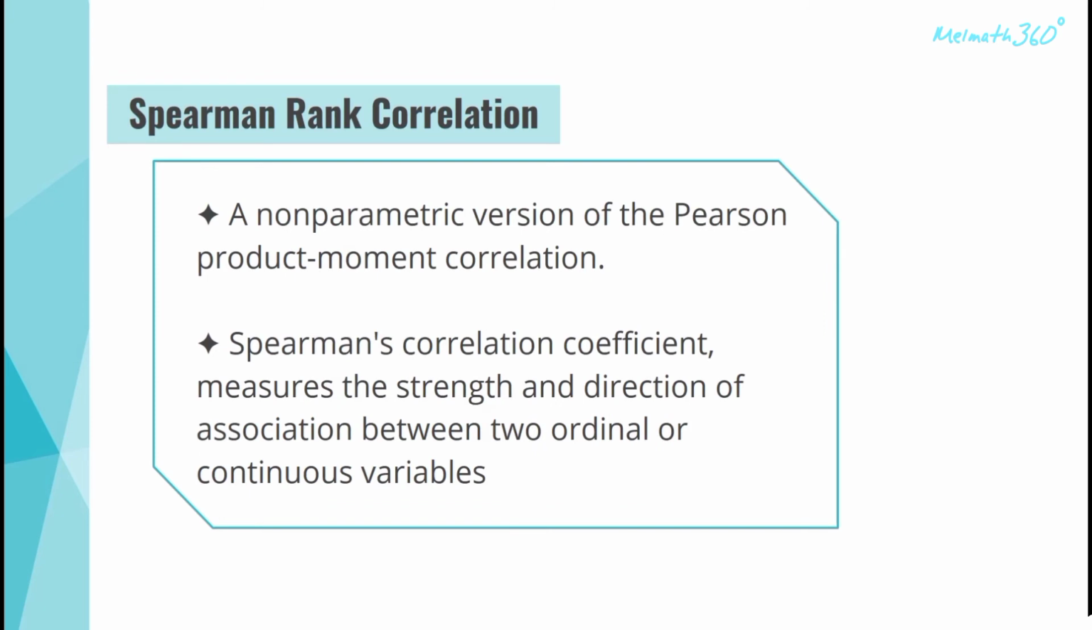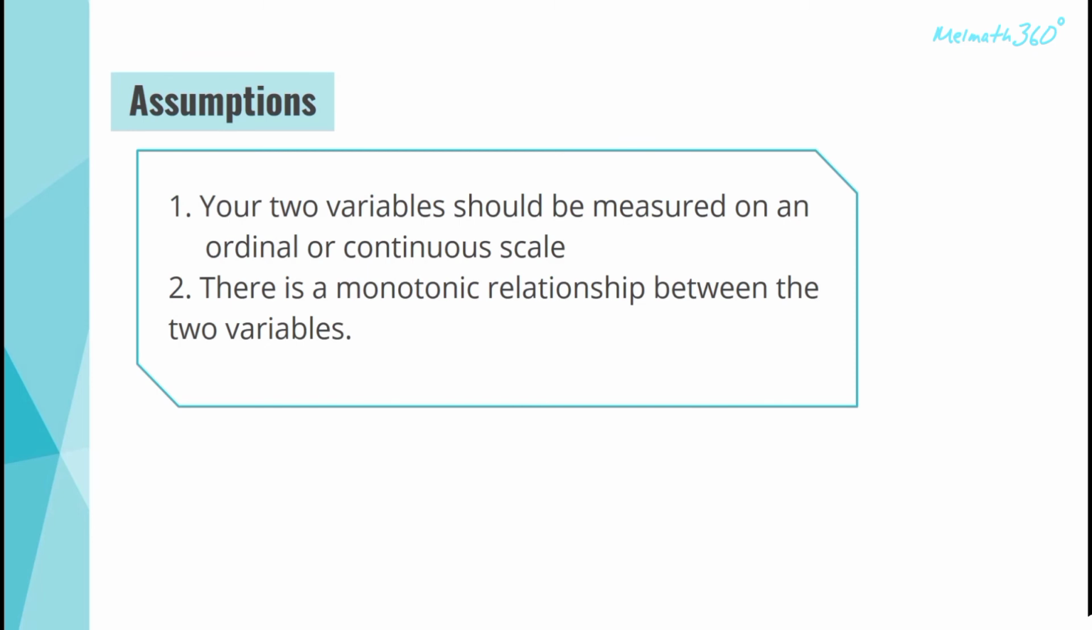Spearman rank correlation is a non-parametric version of the Pearson product moment correlation. The test is used for either ordinal variables or for continuous data that has failed the assumptions necessary for conducting the Pearson's product moment correlation. What are the assumptions of Spearman rank correlation? Your two variables should be measured on an ordinal or continuous scale, and there is a monotonic relationship between the